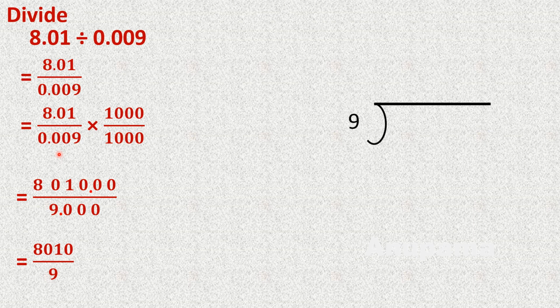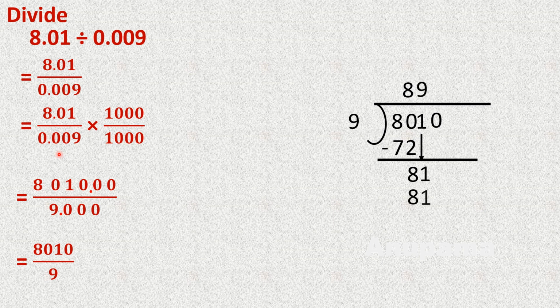We need to divide 8010 by 9, and it is a simple kind of division. 9 8s are 72. We will do subtraction. We will get 8 and we will write down 1. 9 9s are 81. We will subtract it. We will get 0. We will write down 0 and now 10 for that. So our answer is